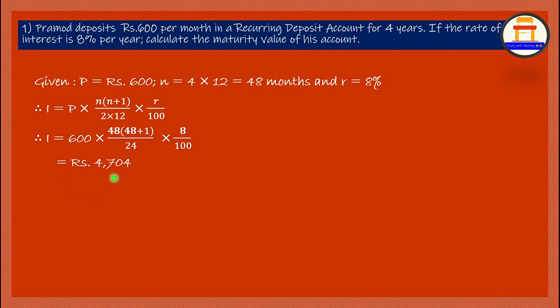So what is the maturity value? They have not asked this simple interest basically. So if you just keep your answer at this point, they will not be giving you a single mark. So keep it in your mind before solving it. Whatever they have asked, maturity value they have asked. So we have to find maturity value.